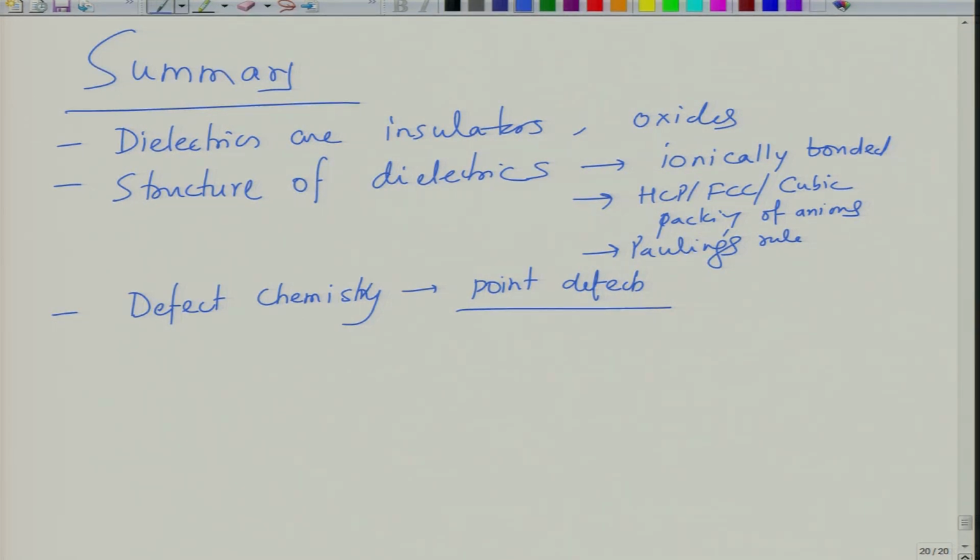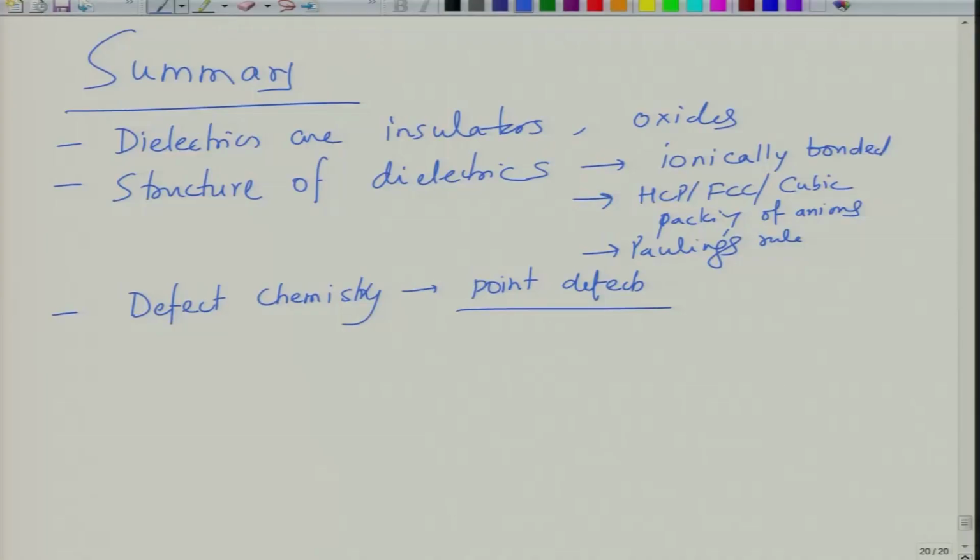If you have a lot of defects, the material may turn very conducting. As a result, it may not be useful as a dielectric. But on the other hand, if you have methods to control these point defects, for example, by using appropriate temperature, by using appropriate conditions for synthesis in terms of partial pressure of oxygen, or by using dopants which can reduce the amount of these defects, one can use this defect chemistry knowledge to tailor the materials.